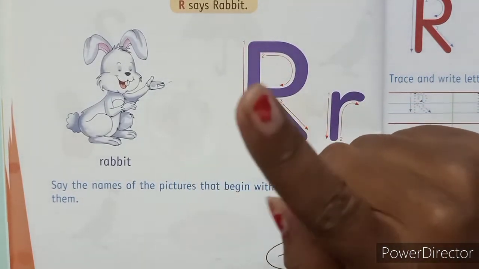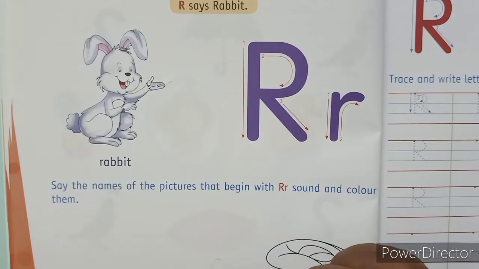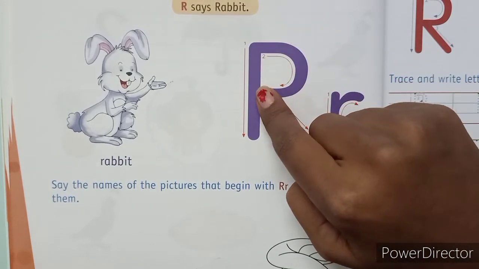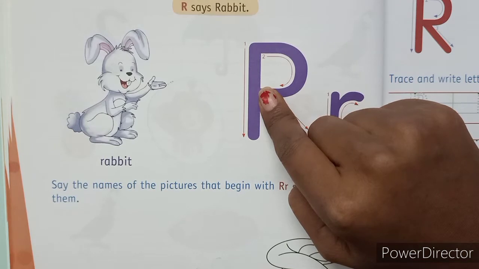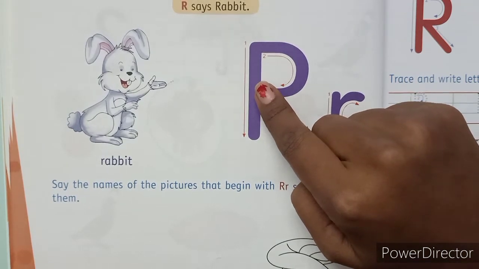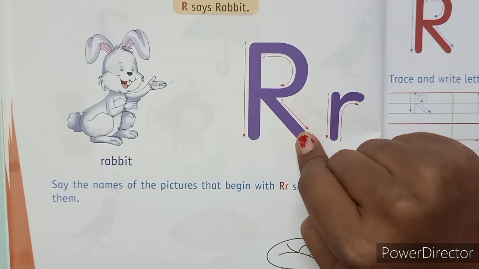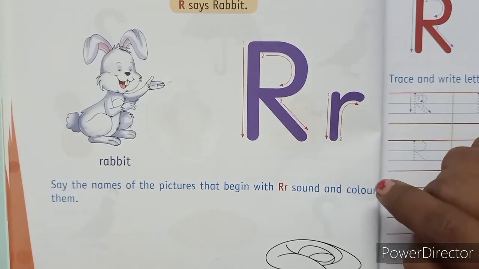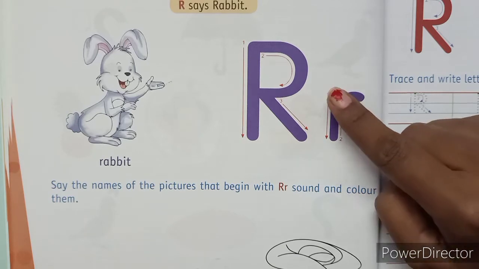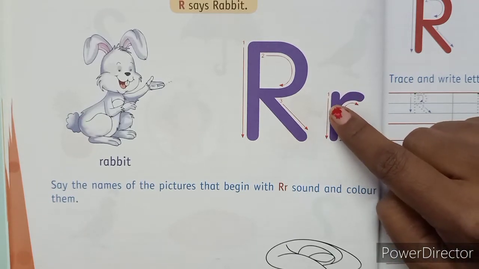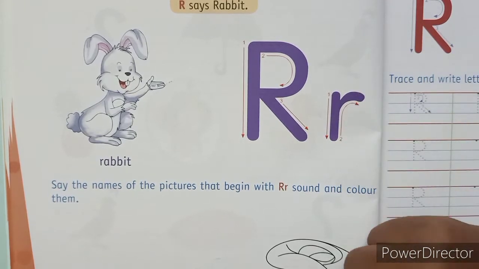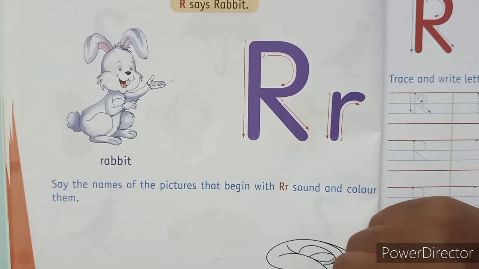First we'll take this index finger and we'll just trace these letters, okay? Make a standing line, make a curve. This becomes P, and then from here we are going to make a slanting line which completes the letter R, capital letter R. Then how do we write small letter R? Make a standing line and make a small curve from here. So this is the small letter R.